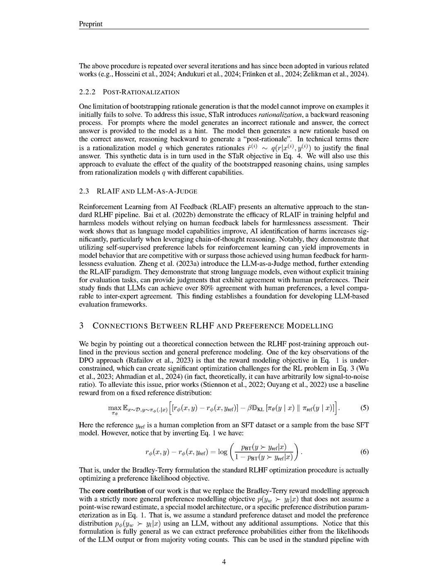To address the limitation of not improving on initially incorrect examples, STAR introduces a post-rationalization approach, where for prompts with incorrect rationales, the correct answer is provided as a hint, allowing the model to generate a new rationale based on this correct answer. This synthetic data from the post-rationalization process is incorporated back into the STAR training objective, enhancing the